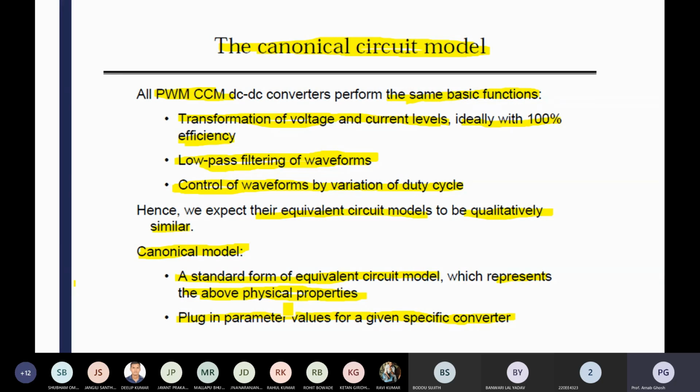If you increase the value of switching frequency, definitely the sizing of your inductor or capacitor will be less. But why 50 kilohertz? Why not 20 kilohertz? What is the problem in the case of 20 kilohertz? You know that frequency is in the audible range, 20 hertz to 20 kilohertz maximum. So you can hear some switching noise when the converter is operating. That's why you should choose the switching frequency beyond 20 kilohertz.